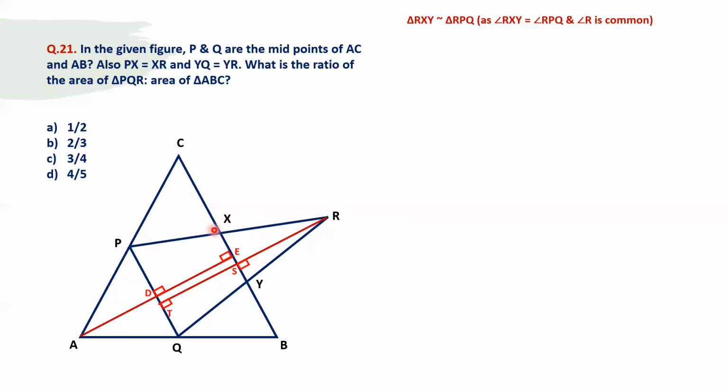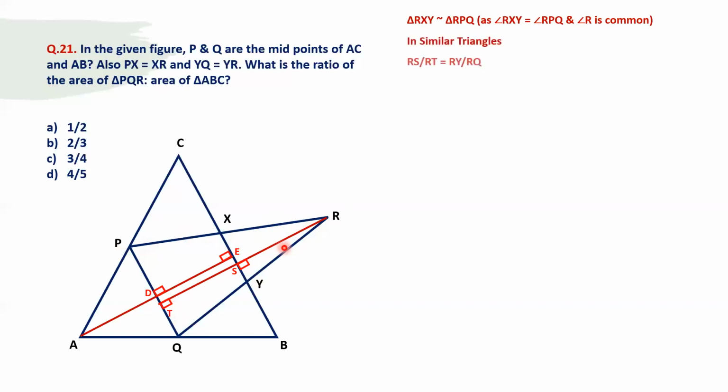So these two, this smaller triangle and this bigger triangle, these are similar to each other. Why? Because this angle and this angle are equal, so these are parallel lines. So these are two corresponding angles, and angle R is common. Similarly, even this angle and this angle are also equal. So all three corresponding angles are equal to each other. So they are similar triangles. So even with two angles, we can say that these are similar triangles.